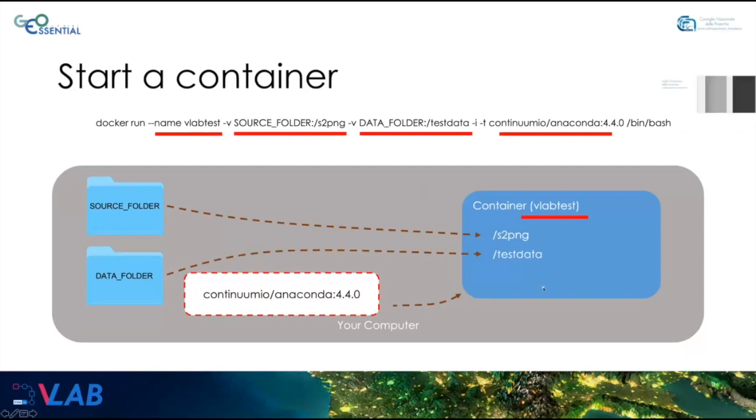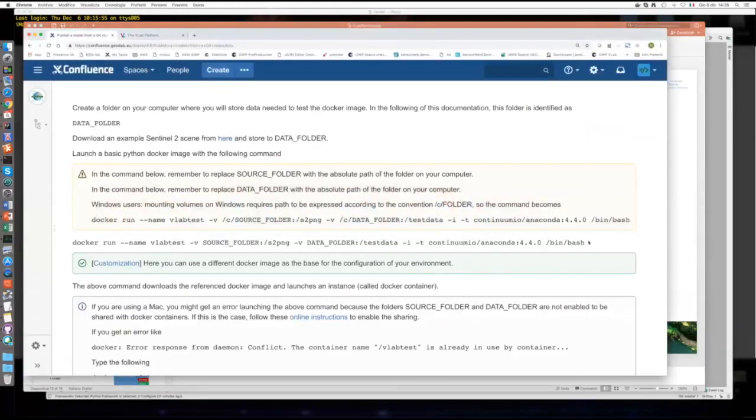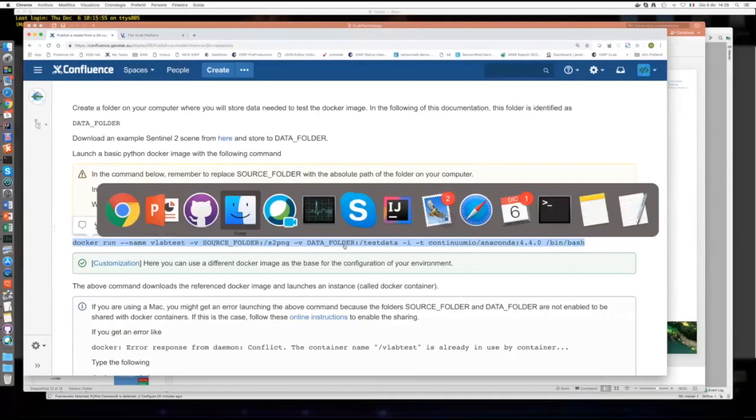So we are going to run this command from the command line. Of course, you cannot just cut and paste, because here the source folder and the data folder must be replaced with your local machine folders. So in my use case, I have